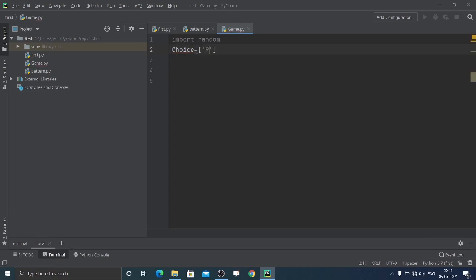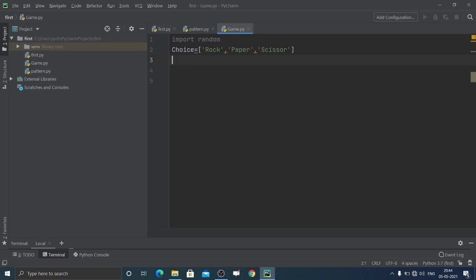So we have rock, and so on. This is a list declaration. If you have seen the previous video, we discussed list, tuple, dictionary, and set. This is the same way we declare it, so we have declared the list.